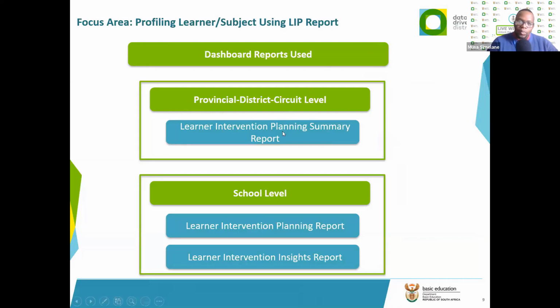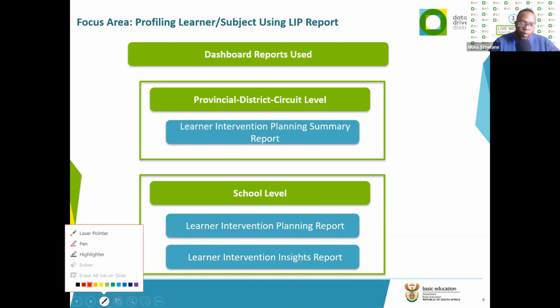There's the summary report that we get at circuit and district level. There's the Learner Intervention Planning Report, which is the main report, which has the detail, the large detail of the information. And then there's the Insight, which is the PDF report, which is a shorter version of what the LIP is. So, if all of these number of reports are a little confusing,